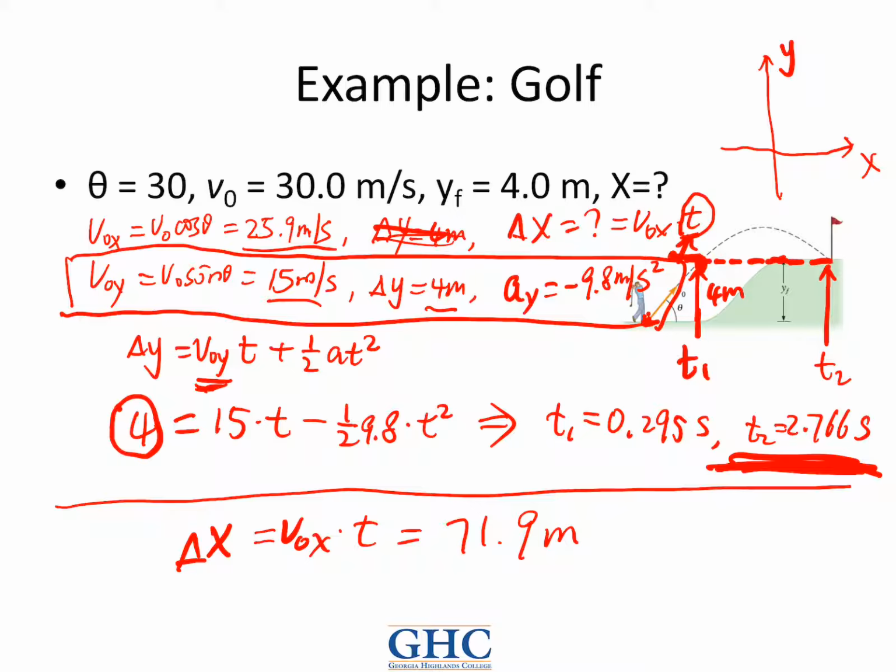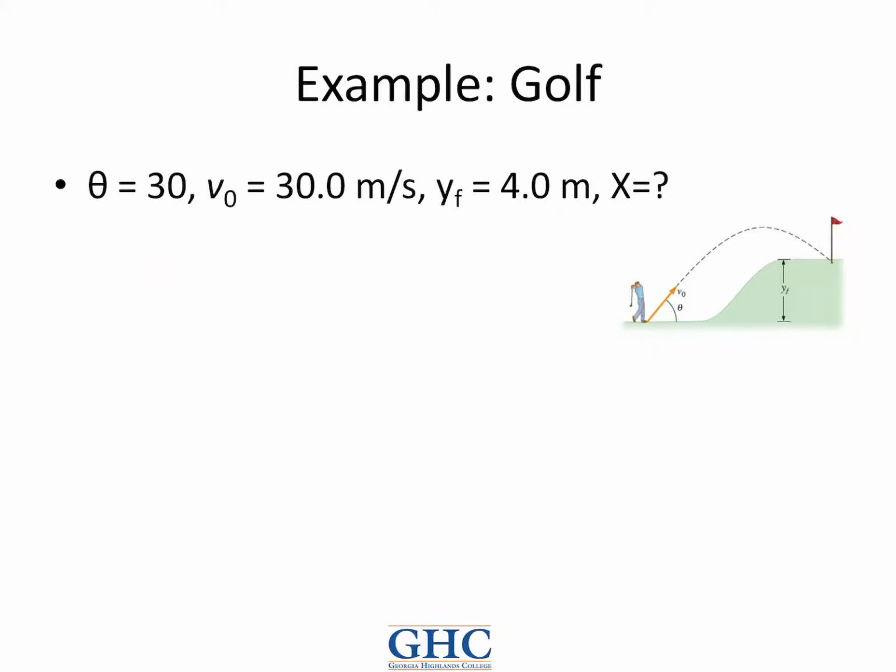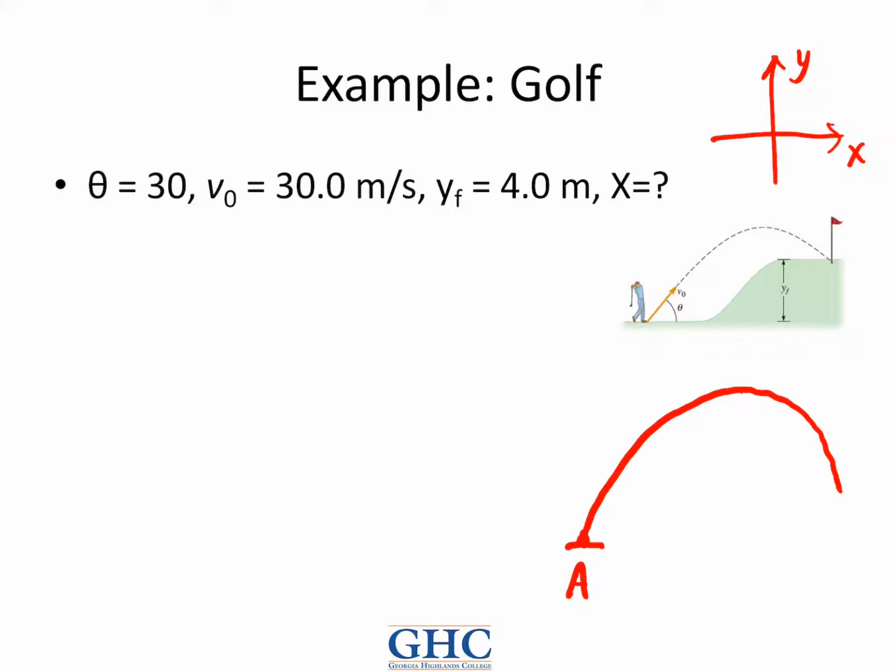However, you have to solve a quadratic equation to find out the time. So there is a way you don't have to solve this quadratic equation. Still, this coordinate system, we need to break this motion down. Let's say we start from point A, fly to the highest point, let's call it B, and then end here, let's call it C. So we can break this motion into two segments. So first from A to B,